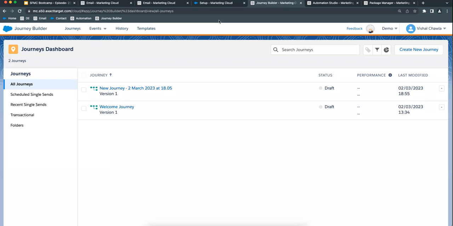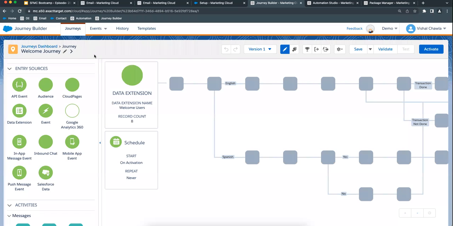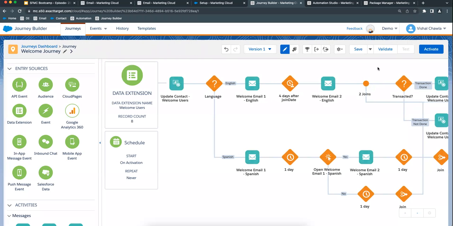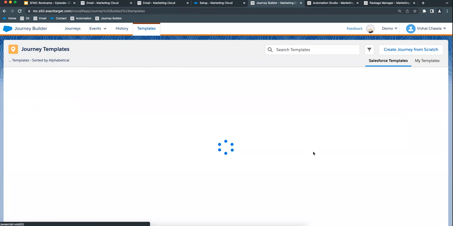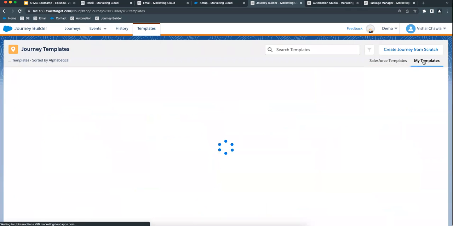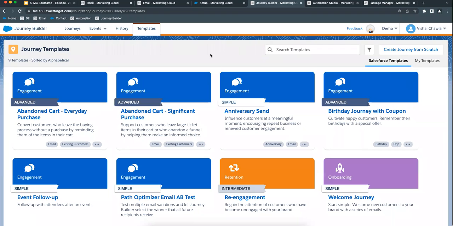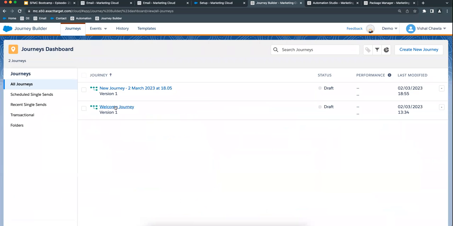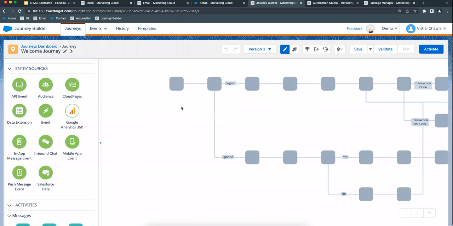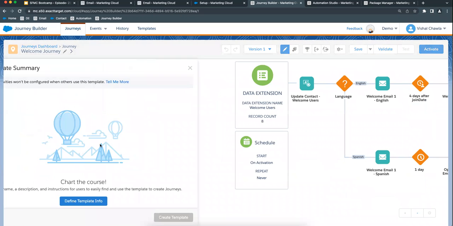Right. So let's see, how do we do that? Let's say I have this journey called welcome journey. Before that, let me just go through the journey templates and see. Yeah, these are the default Salesforce templates. And if I go to my template, yeah, there is one test template. So what I will do is I'll go to my welcome journey and click on this arrow and select